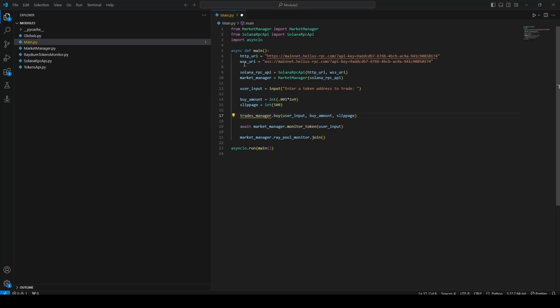So going back to the code, the next thing we're going to want to do is, well, we didn't really create this trades manager, so let's go ahead and initialize it up here where we did the market manager. And let's assume that we have something called trades manager,